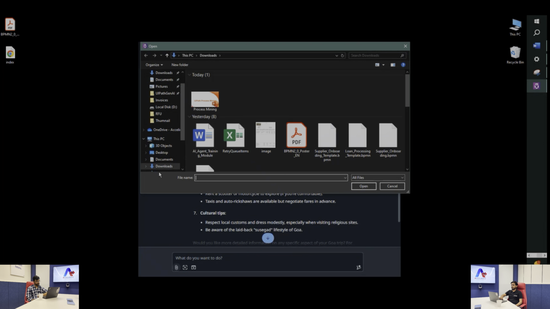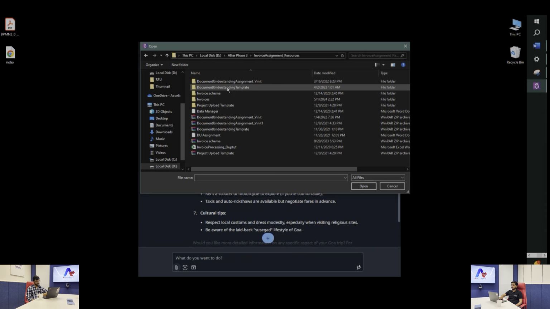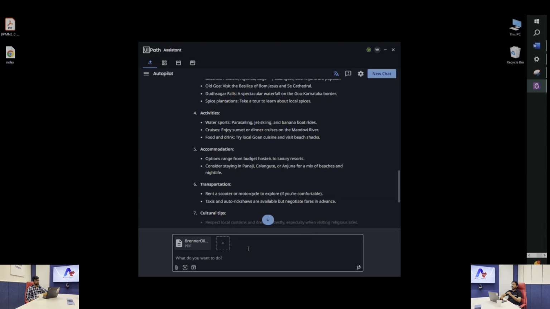I have one example. So I have one invoice available. I'll open the invoice, and I have passed that particular invoice to autopilot. And what I'll do is I want to extract the data from that particular invoice. So what I'll write as a prompt over here is I want to